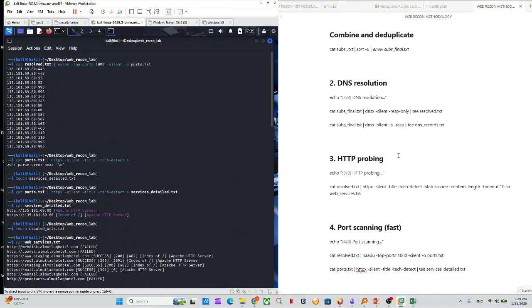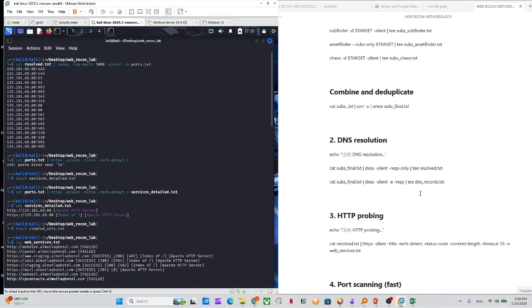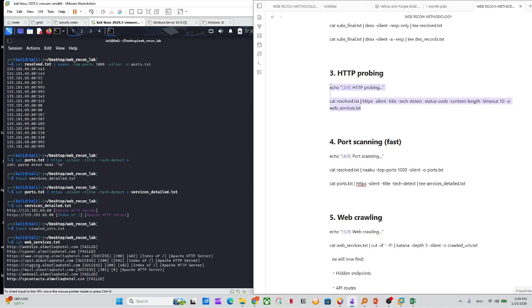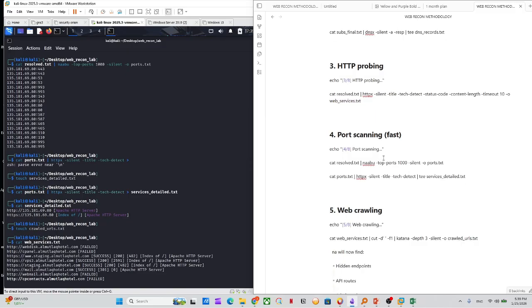Yeah, we used the web service.txt. Actually, we generated it from here. No, here, during the probing, when we probed the resolved IPs. Okay, we generated web service.txt. Okay, and from that